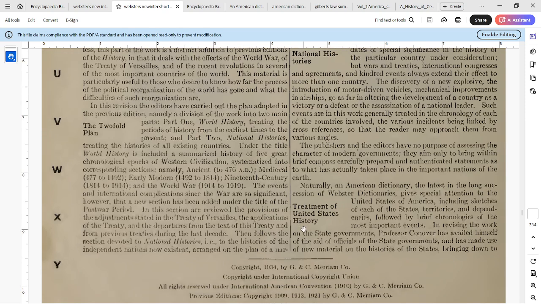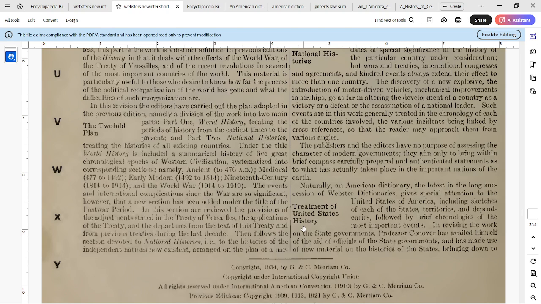The publishers and the editors have no purpose of assessing the character of modern governments. They aim only to bring within brief compass carefully prepared and authenticated statements as to what has actually taken place in the important nations of the earth. Naturally, an American dictionary, the latest in the long succession of Webster dictionaries, gives special attention to the United States of America,